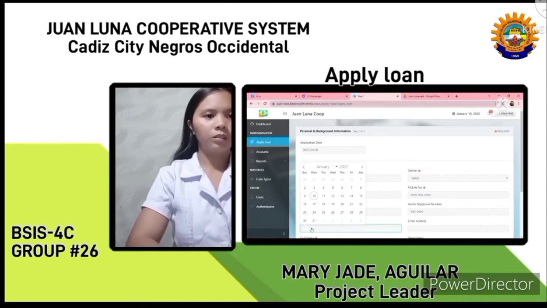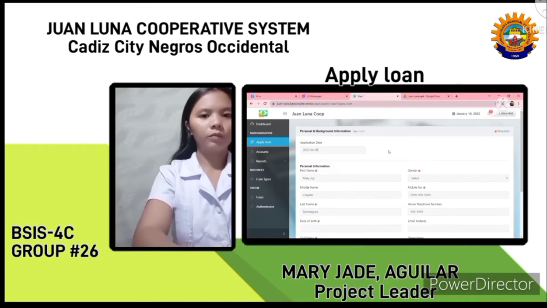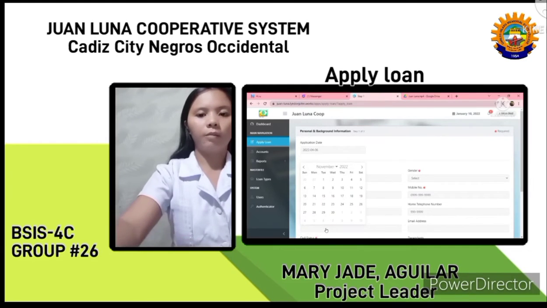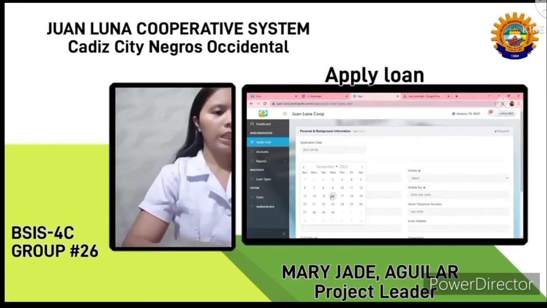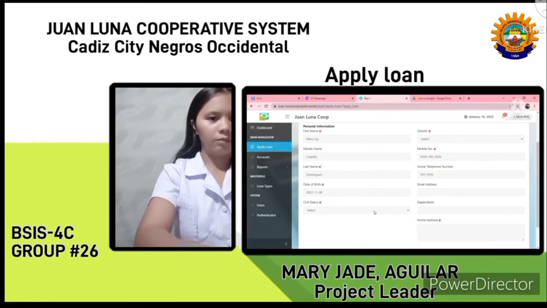For example, 2022 November 8. The civil status is married.